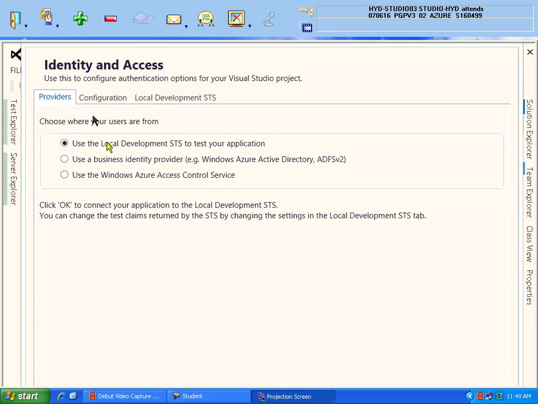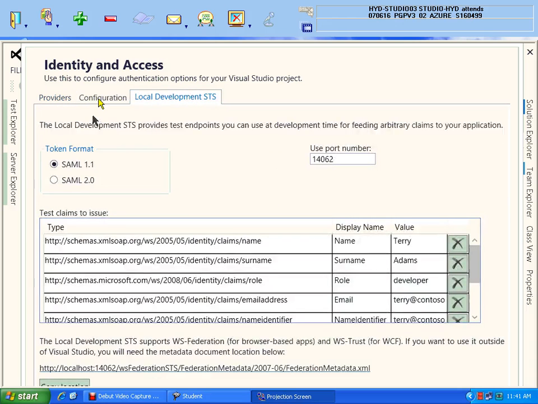The first radio button you need to take is Local Development STS, which means locally you are creating one dummy token to make your application identified. As soon as you take it, one dummy token is created. Where are the dummy token details that were created? Go to this Local Development STS. See the last tab, don't go to configuration or anything, just go to Local Development STS, inside which